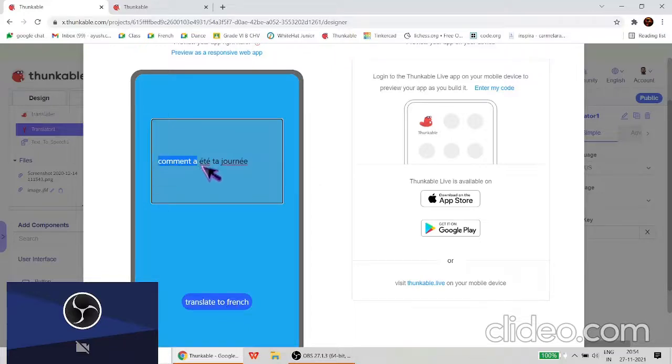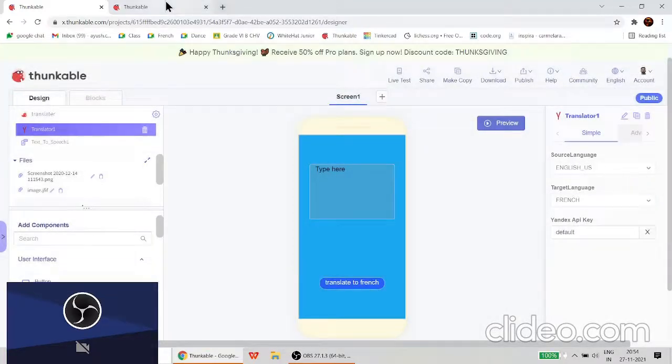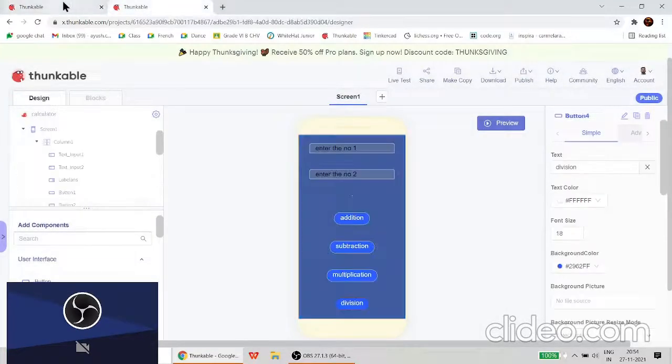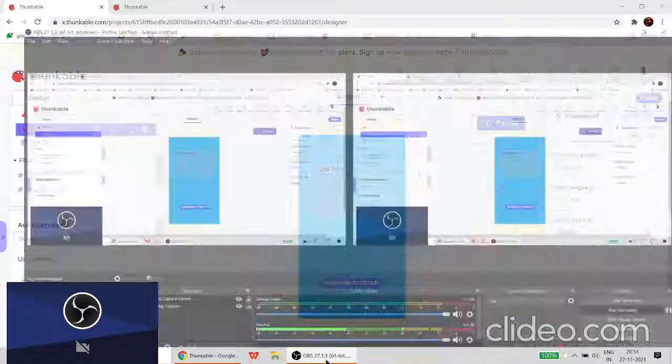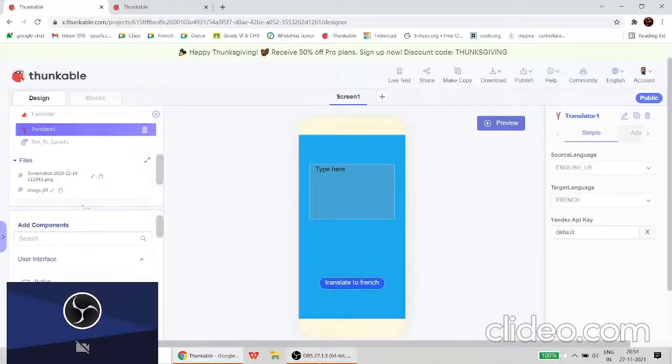It basically says, and this will be very useful for me as in my school there is a language named French, so it will be very useful. And you can do it for different languages. For example, for Hindi,